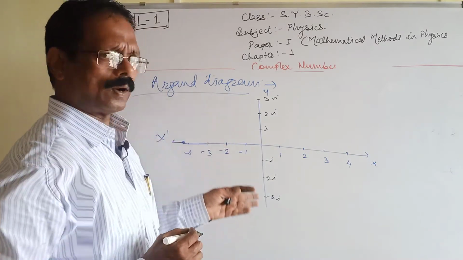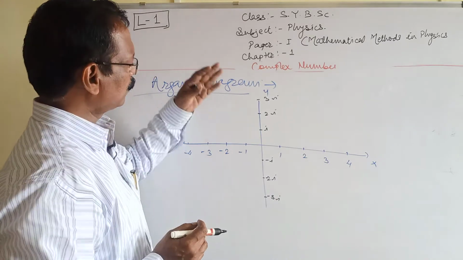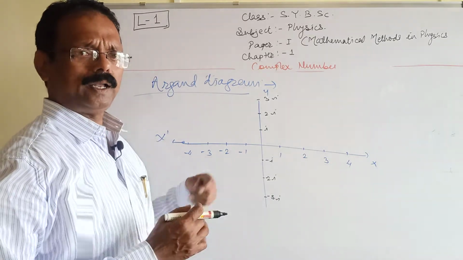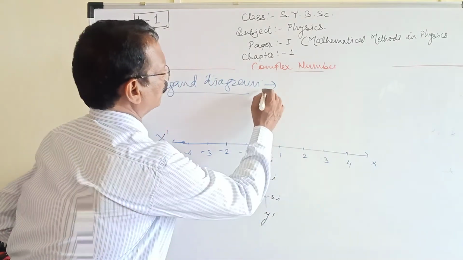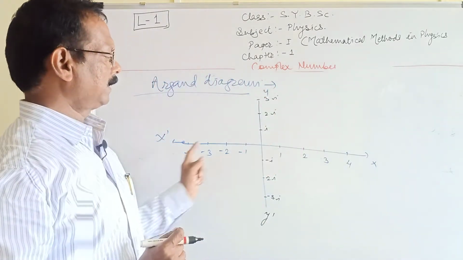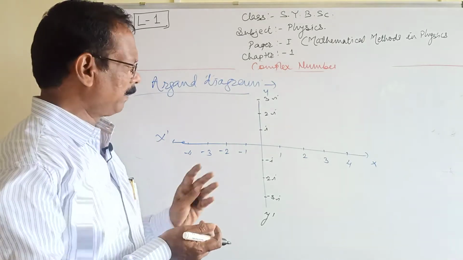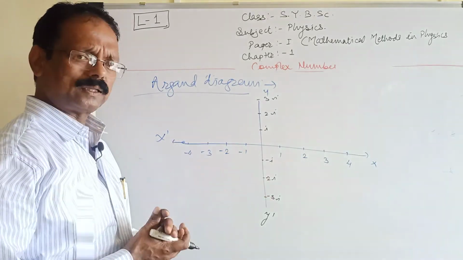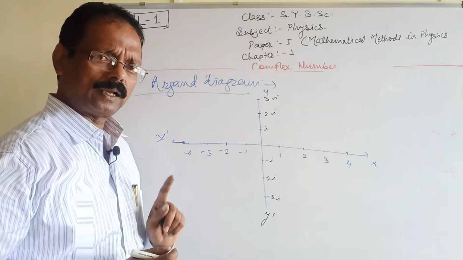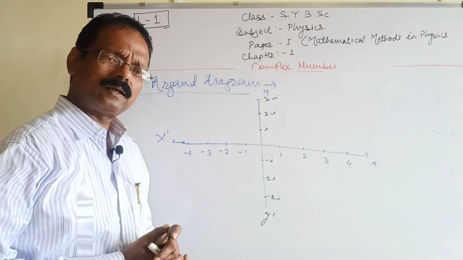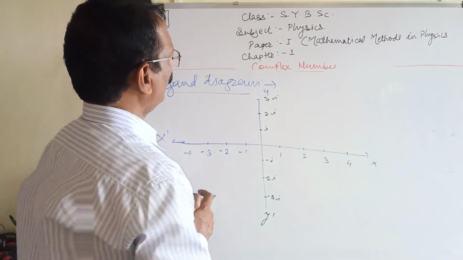Along the x-axis we have to take the real number, and along the y-axis we have to take the imaginary number, and we know this is your y dash. So it is the y-axis, y dash, and x dash here. To the left-hand side of the origin we take negative numbers, and below the x-axis we take negative numbers. So along the x-axis we take the real number, along the y-axis the imaginary number. Suppose this is the point here.